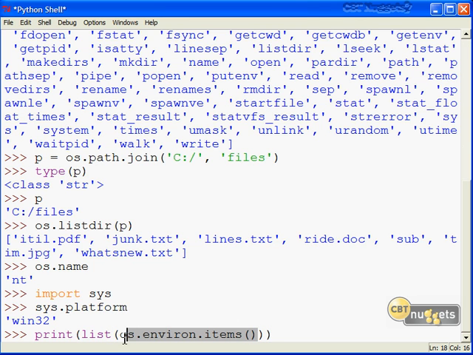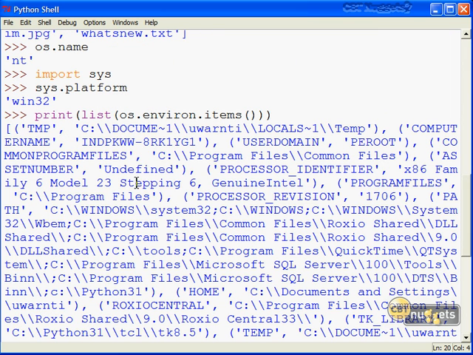We're using the namespace os.environ. Environ is exactly what you think it is. It's how we can access the environment variables on the current system. Items should tell you that this is a dictionary. Remember keys and items and values, and we're getting back everything here. So if I hit enter, I see a list come back that gives us all of our values.